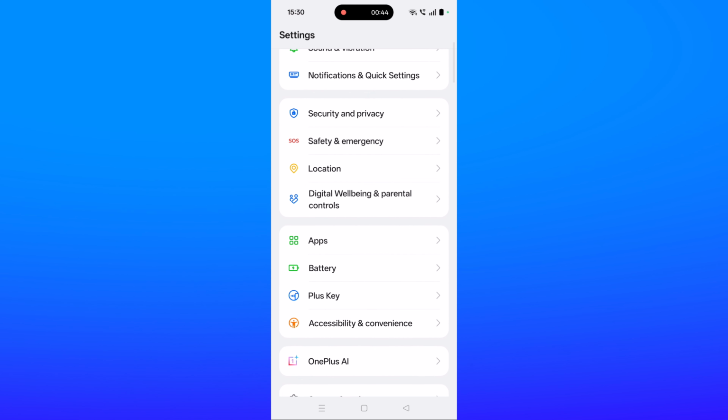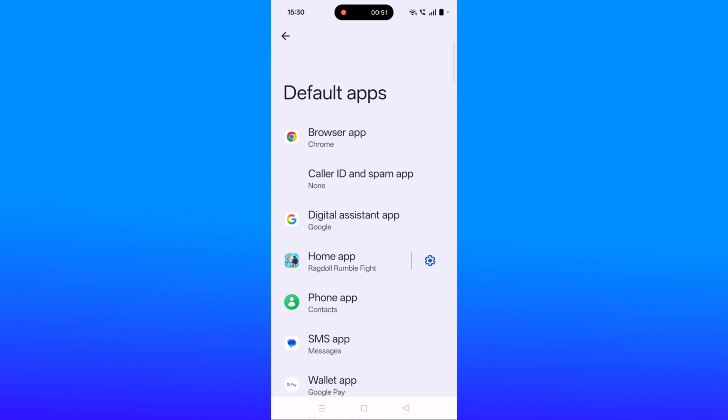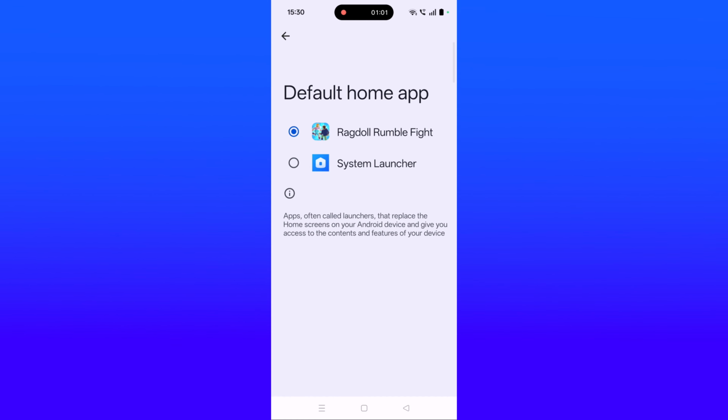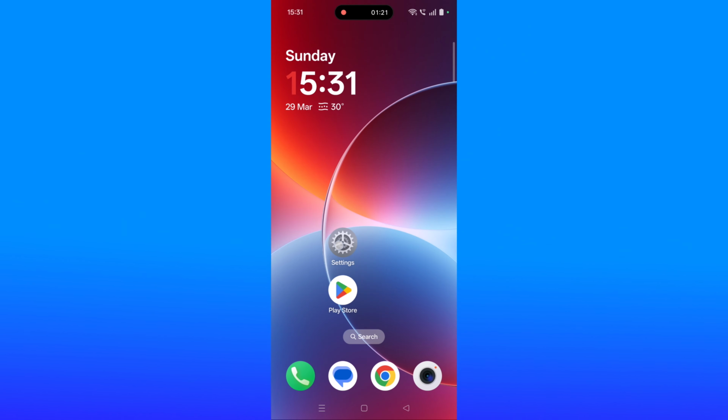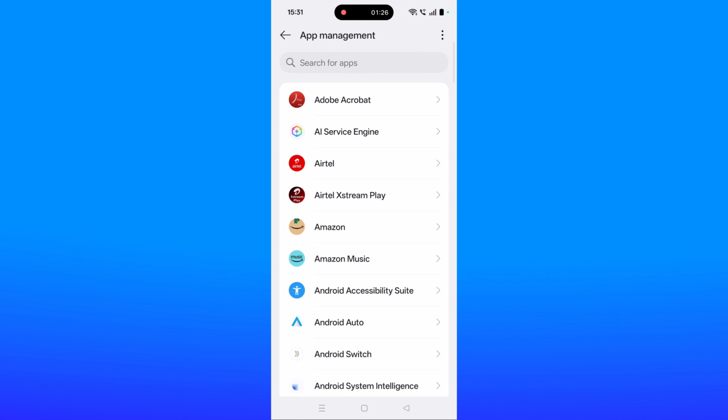Scroll down, tap on apps, then tap on default apps, and here you will see home app Ragdoll Rumble Fight. So tap on it and then select default home app as a system launcher. So select the system launcher, then again open settings, scroll down, tap on apps, tap on app management, and here